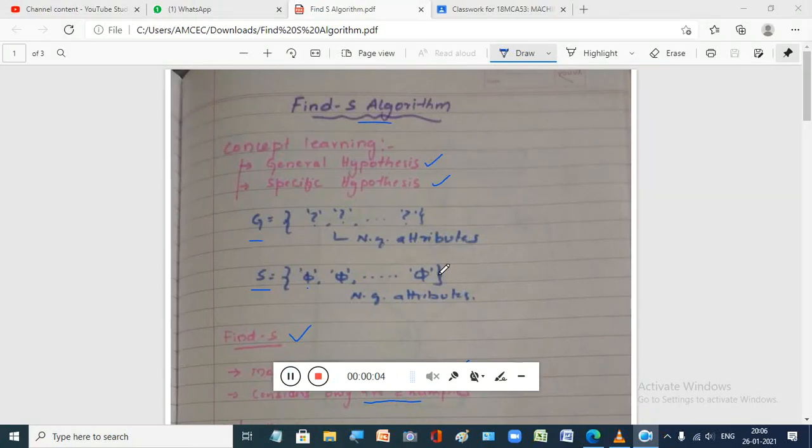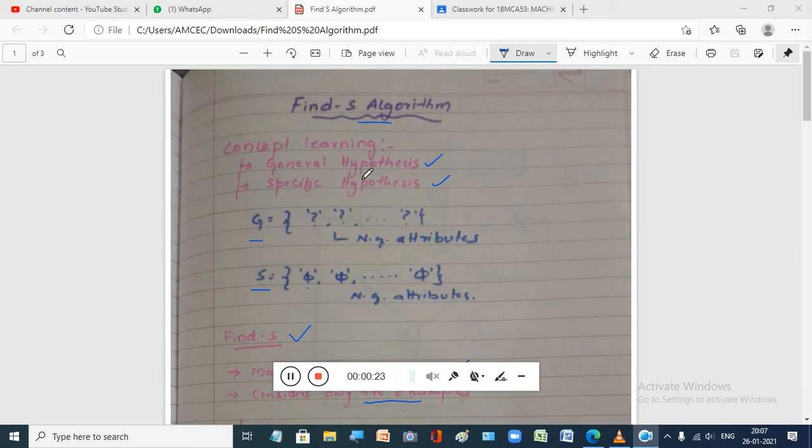Hello. So this is the Find-S algorithm. To understand the Find-S algorithm, you should know what concept learning is, right? So what do you mean by concept learning? Concept learning is a training task in which we train our machine to learn some